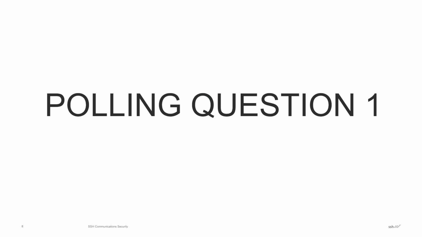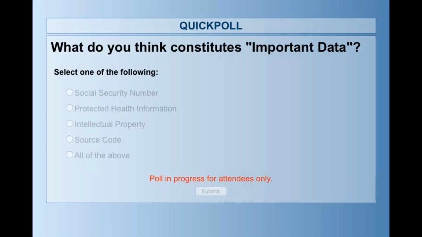With that said, we're going to bring up our first polling question for the webinar. Excellent, Fouad. Let me launch that so everyone can see that. So the first polling question for everyone today is, and this is an interactive part of today's webinar, so we'd ask you to please answer this poll. What do you think constitutes important data? There are 1, 2, 3, 4, 5 different options for you to select from, and we'd ask that now, as an active participant, you please select the one that you think is best. I'll give you about 10 seconds. All right, I'll close the poll, and then I'll share the results with everyone.